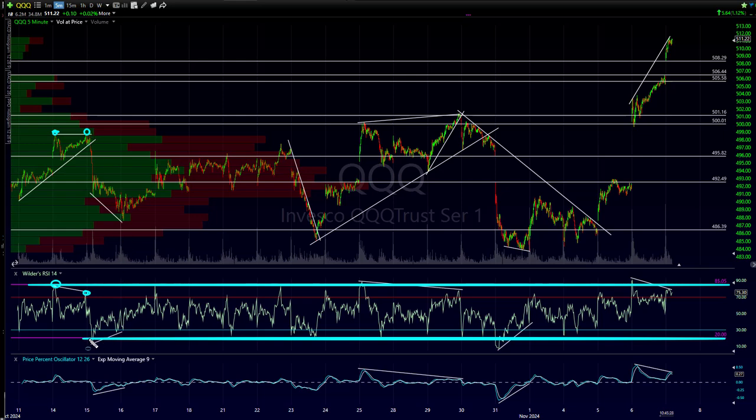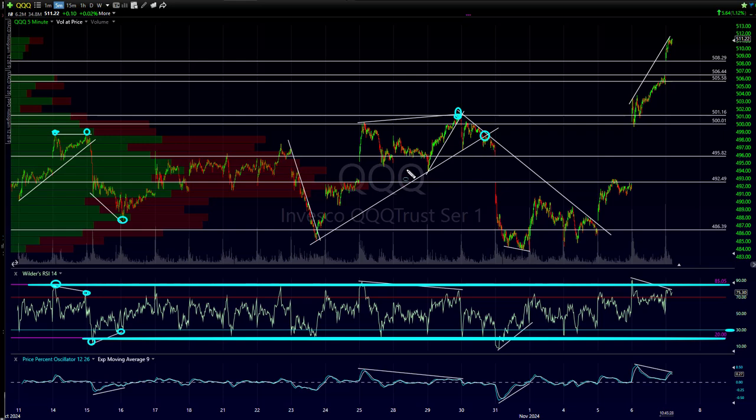Down here, you hit the extreme 20 level, that is. And then you had a higher peak that was down right around the typical 30 level, and that was our divergent low. Divergent high right there, and then you did have a little trend line break, a sell signal with a